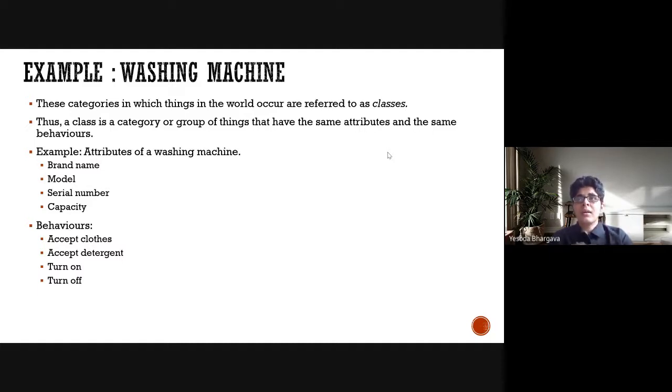Again, when it comes to your respective projects, try to at least identify two, three classes to start with in the object oriented designing, and then from that, try to expand your thinking on how different classes are required. After that, you can go on to the attributes and behaviors. For different types of machines, the values of these attributes would be different, but mostly the behaviors would be common unless you override these functions in the classes.